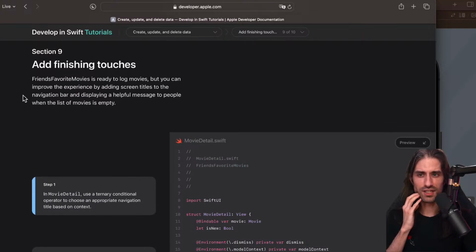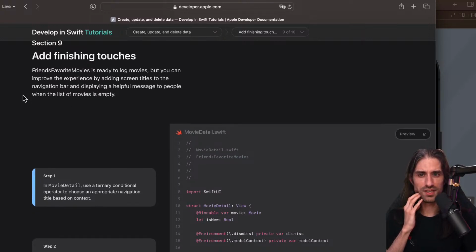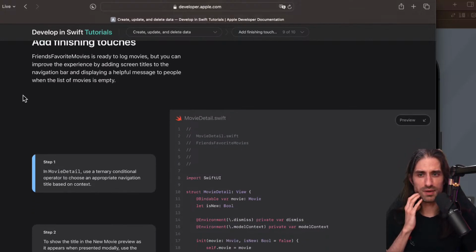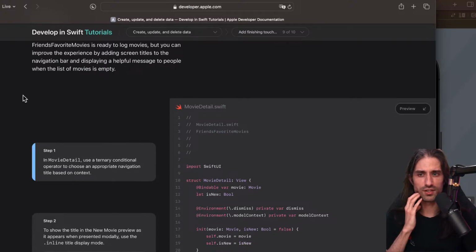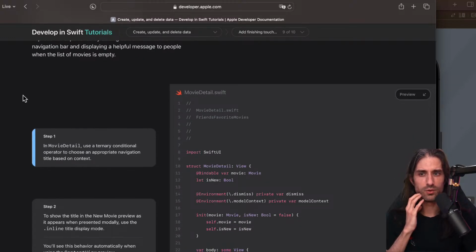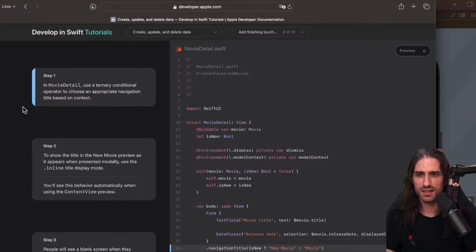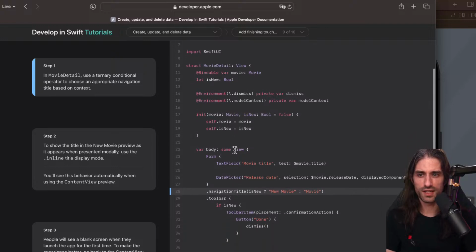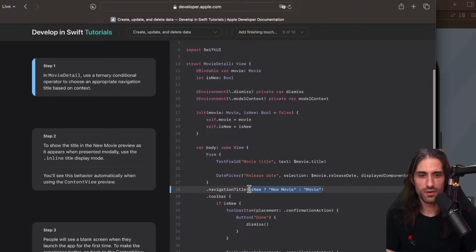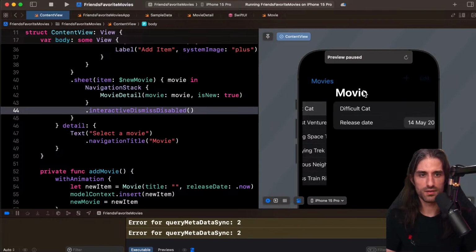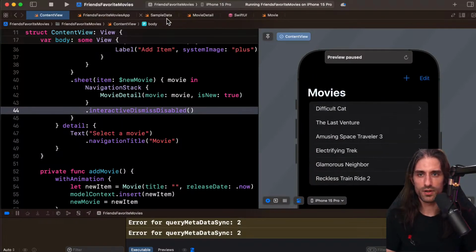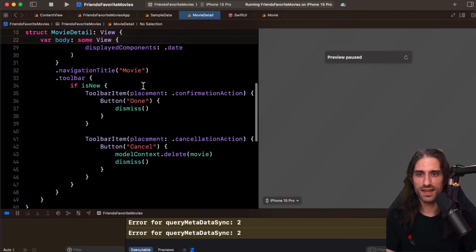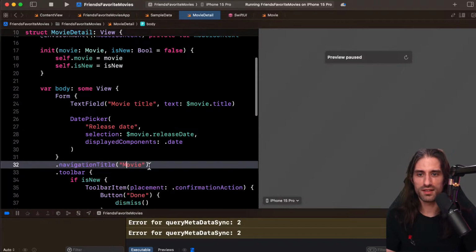Okay, and now the finishing touches. Friends' Favorite Movies is ready to log movies, but you can improve the experience by adding screen titles to the navigation bar and displaying a helpful message to help people when the list of movies is empty. So in movie details, we're going to add a ternary conditional operator to choose an appropriate navigation title based on context. So in movie detail, instead of always saying movie, we will use a condition and say,